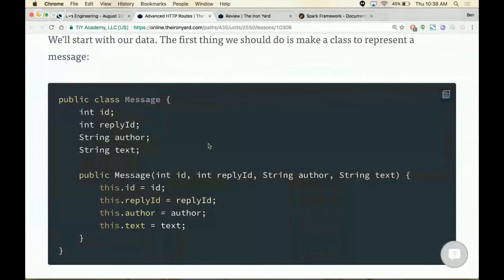So in our forum, we want to store these things called messages, and messages have IDs, reply IDs, an author, and a text value. An ID is a unique identifier for